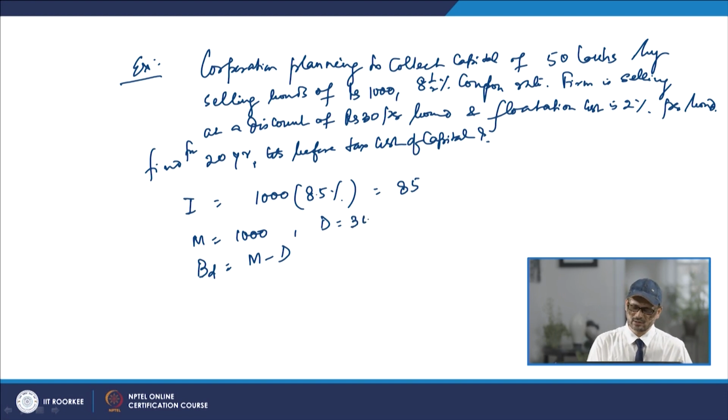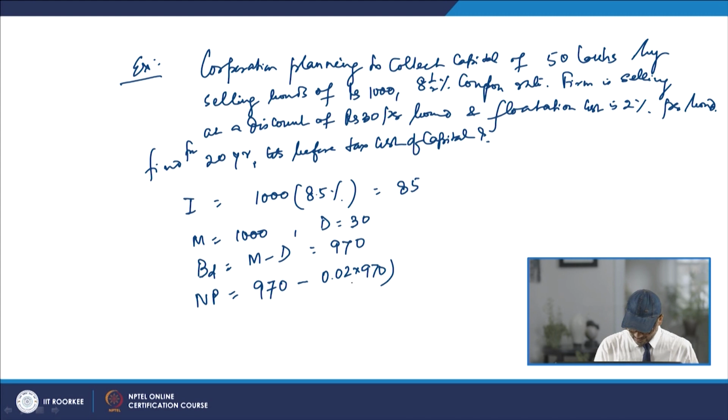So, BD will be 970. Now, the net proceeds will be calculated because your flotation cost is 2%. So, 2% will be subtracted. So, it will be 0.02 times 970 and that will be subtracted, or you can multiply 970 by 0.98